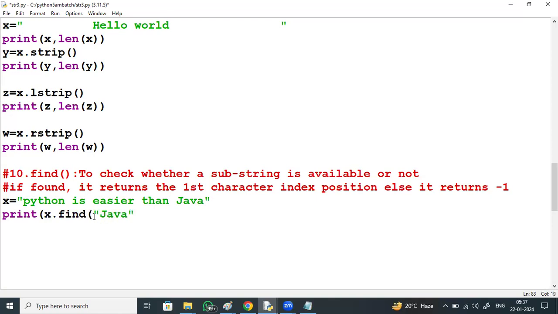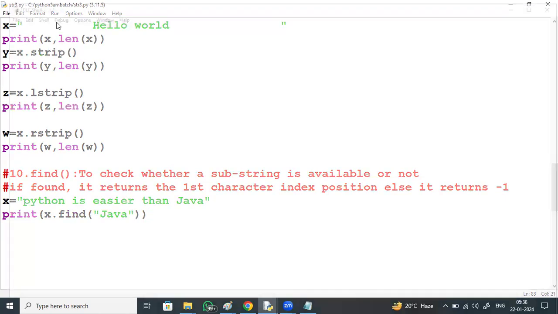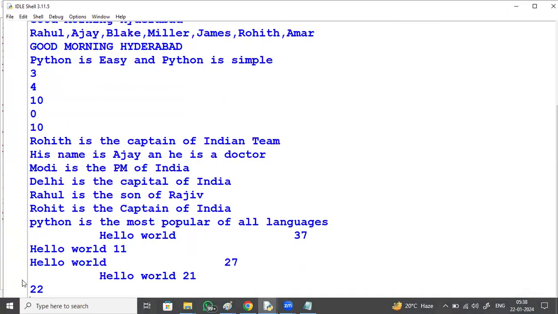If Java is available, at what index is it available? It returns the first character, J's, index position. What is the index of J? 22.